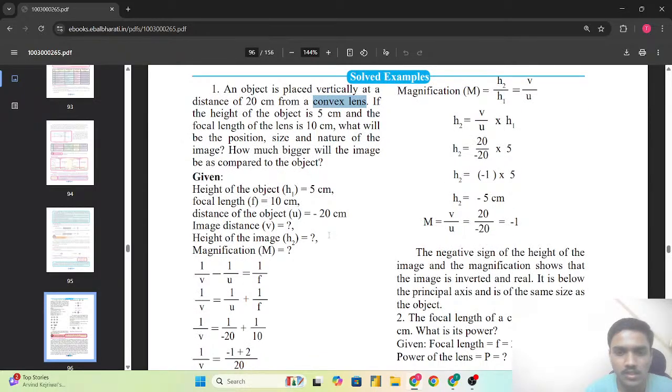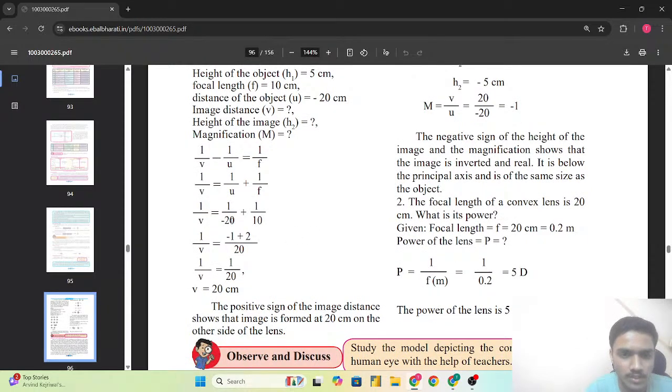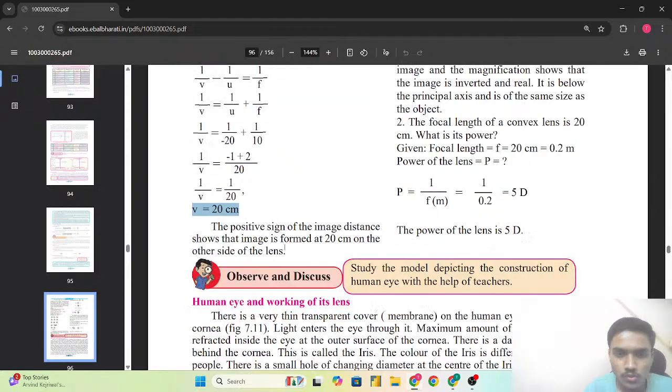So after putting all those values in the lens formula, we are able to calculate the v value, that is the image distance. So after putting this value and solving, we are getting the image distance as v is equals to 20 centimeter. So the positive sign of the image distance shows that image is formed at the 20 centimeter on the other side